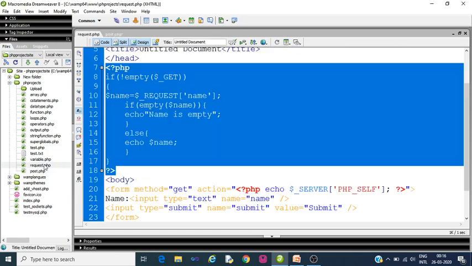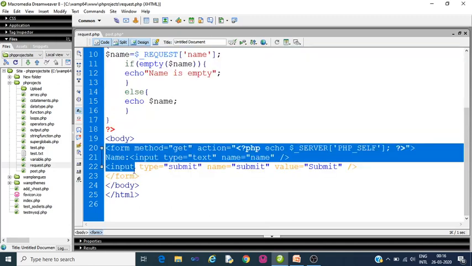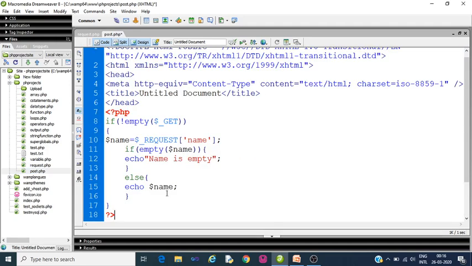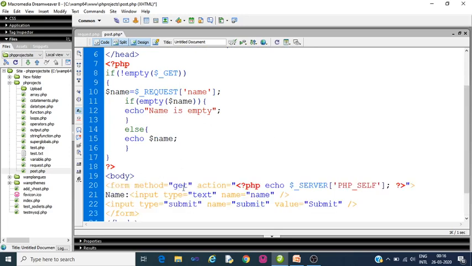Now again the form data, we will copy here and paste it here as well within the body tag. Now we will change it here to post. Now this